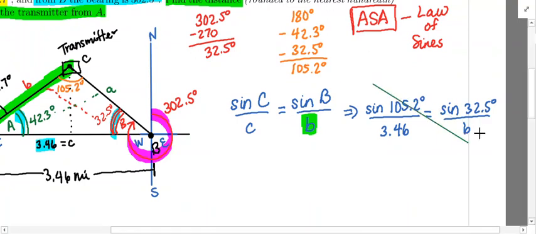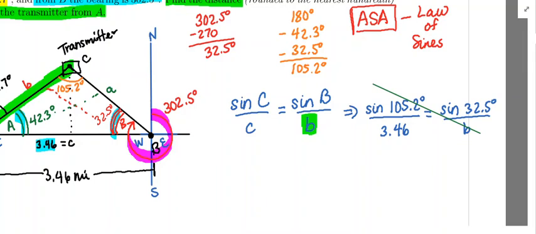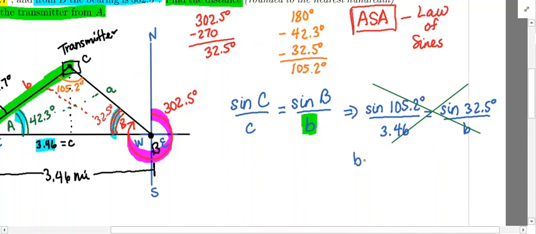This times this has to equal this times this. So we're going to get that B times the sine of 105.2 degrees has to equal 3.46 times the